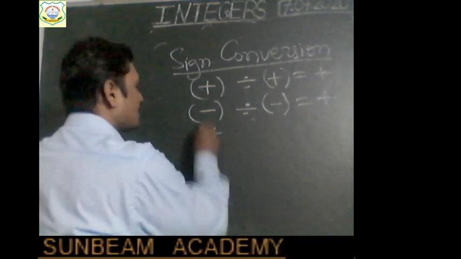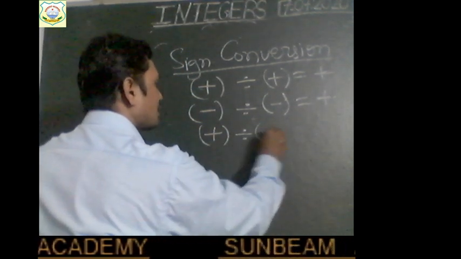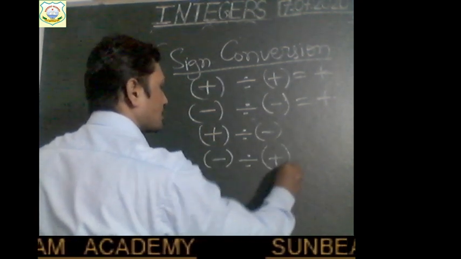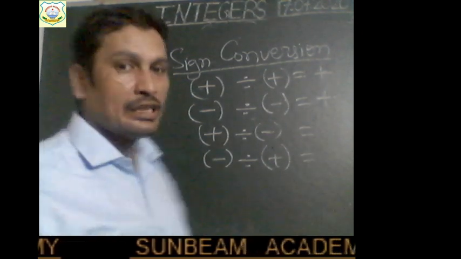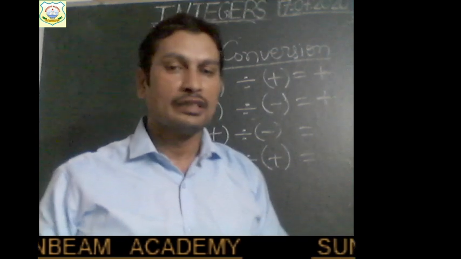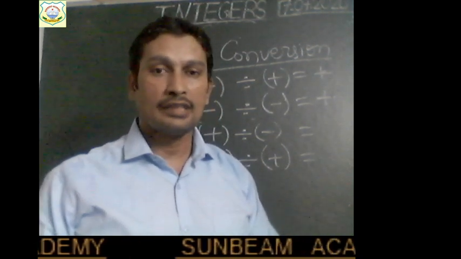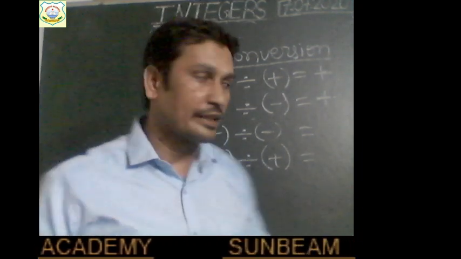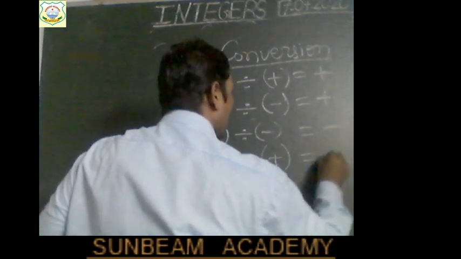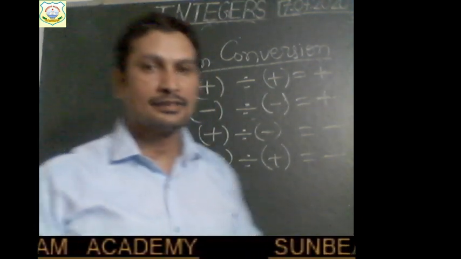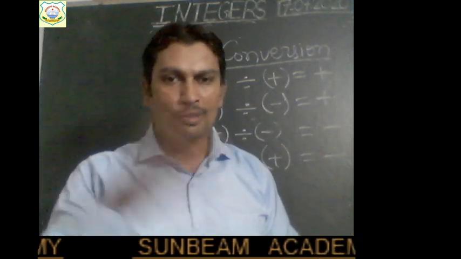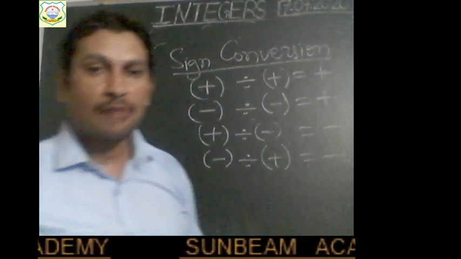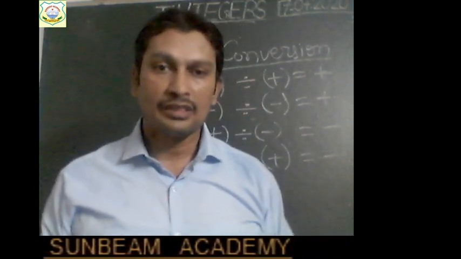Now what if we are dividing a positive integer by a negative integer, or dividing a negative integer by a positive integer? If signs are the same, then the result is positive. In the same way, if signs are opposite, then the result will be, yes, negative. Right, children? So remember this, don't forget. In both cases, we get a negative result, children. So you have to learn these things. Keep on thinking.